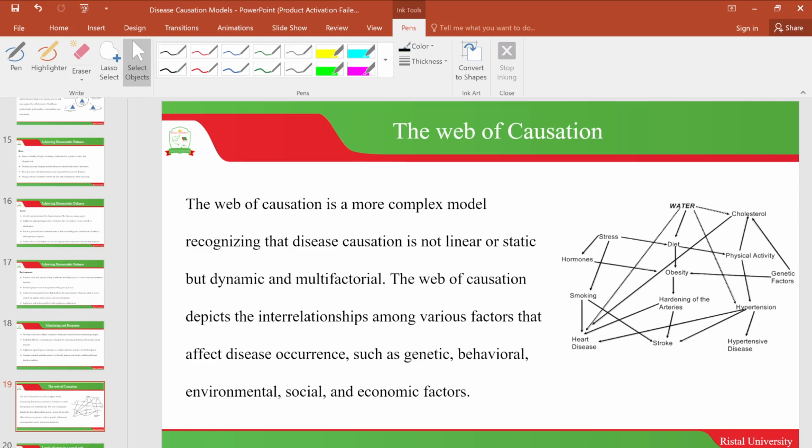For example, someone does not have a genetic predisposition to a particular condition, someone is living an active lifestyle, or the health system is very efficient, and that they can